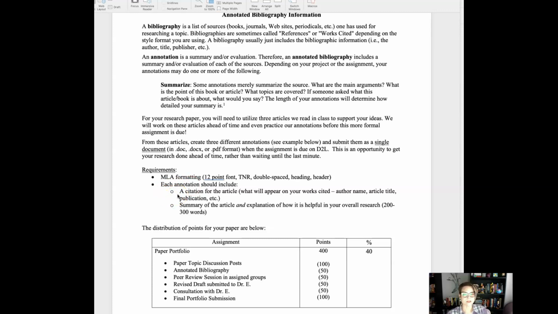Okay, and a citation is what appears in your works cited page. It's the information about that particular article. So author's last name, comma, first name, the article title, the publication, all of that kind of information is always going to come at the end of a research paper, and it's called a citation. So your annotated bibliography will include your citation for that specific article, followed by your summary, right, an explanation. And that's going to be about 200 to 300 words. Okay, so that's it. You have one document that will contain 3 different annotated